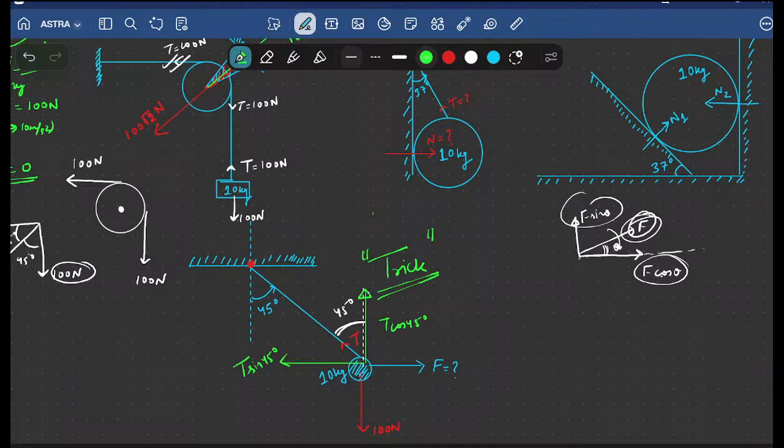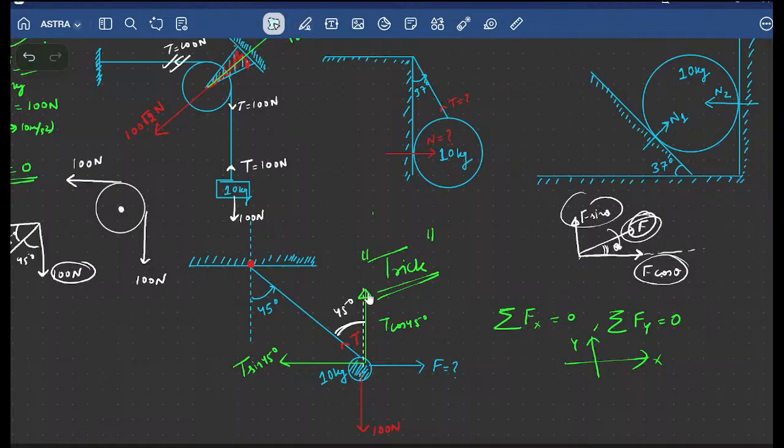Now, obviously, if the body is at rest and it is hanging here, then obviously net force in X should be 0 and net force in Y should also be 0, because if in either the X axis or the Y axis the net force is not zero, the body will start accelerating in that particular axis, right? So the forces must be zero along both the axes, right?